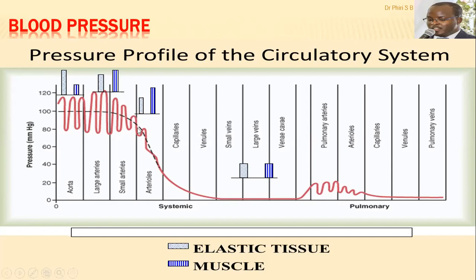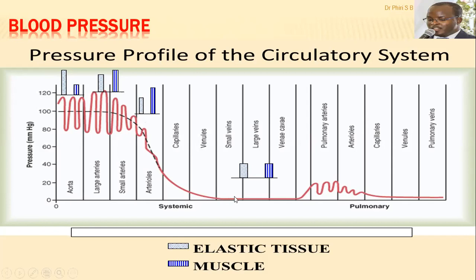It's because the diameter or the lumen of these arteries is smaller, so they're going to restrict the blood flow. Restriction of this blood flow will create this resistance. So you can see that blood pressure will start reducing from the small arteries to the arterioles, to the extent that when you are approaching the capillaries and the venules, the pressure will almost reach zero, but it's not zero,